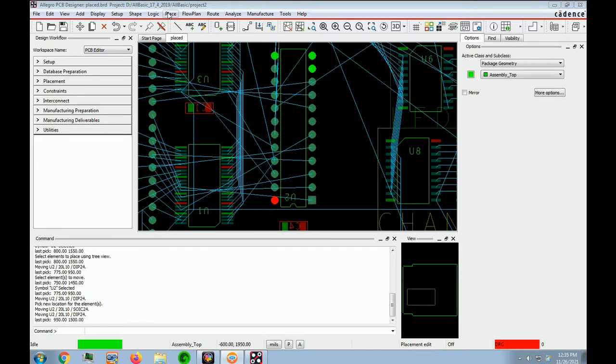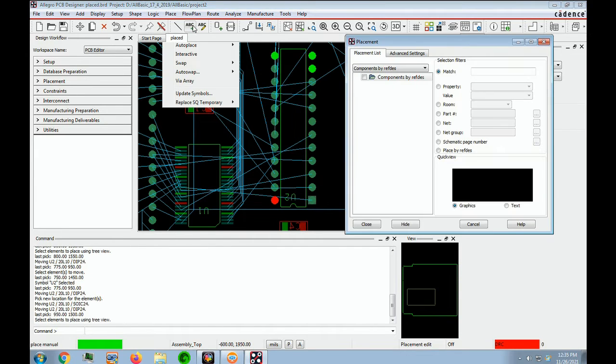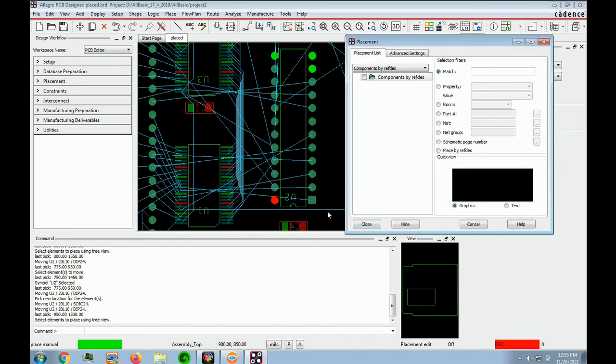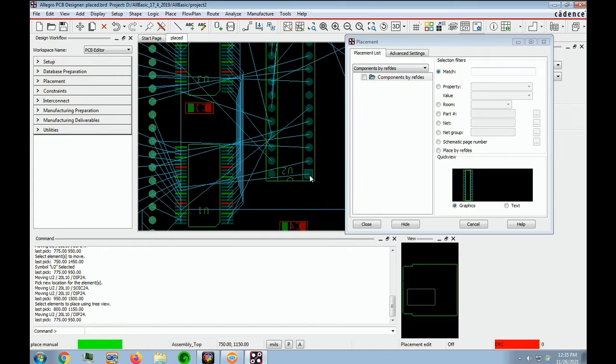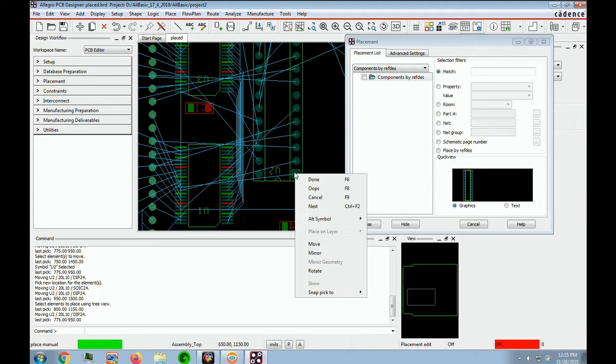So we go to place, and manually this pops up, and let's click on the U2 component and right click, and notice we have an alternate symbol area here,